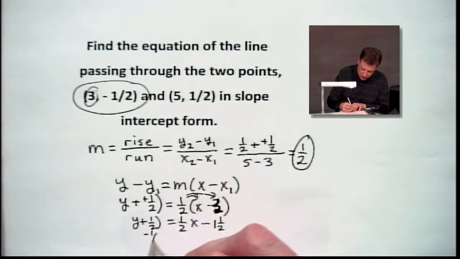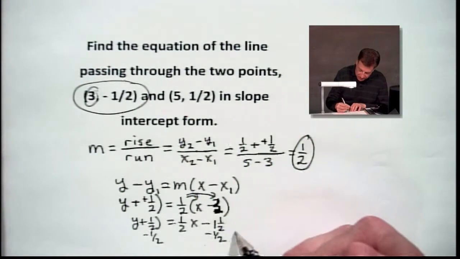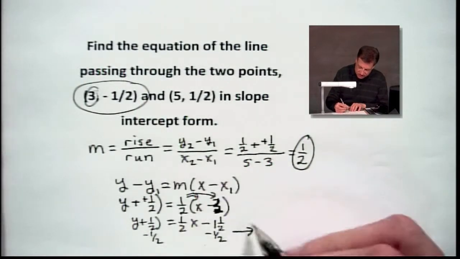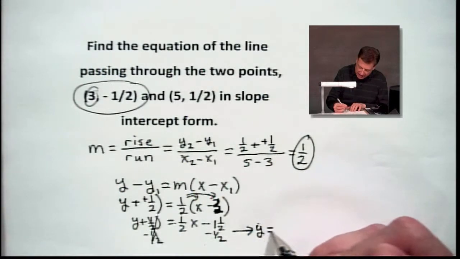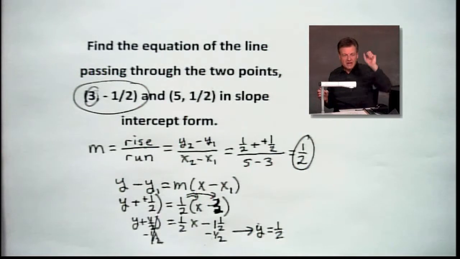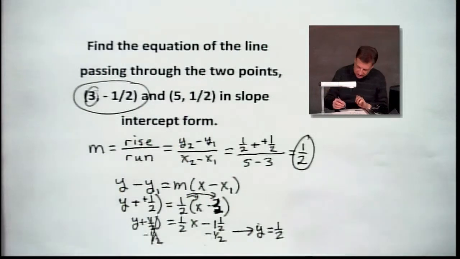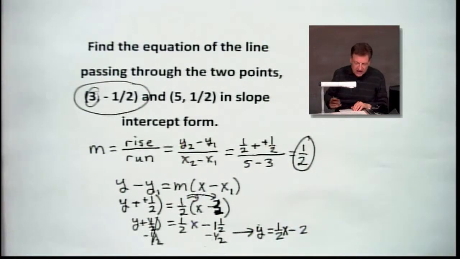So we're going to take minus 1/2, minus 1/2. Looks like I'm going to be running out of room here. So let's see where this goes. This is going to give us the 1/2's taking off. That's going to give me y equals 1/2 x minus 1/2 plus minus, that's why I like this. You could also have minus 3 over 2 and a minus 1/2, which would give us, you got it, minus 2. Be sure to put that x right in there.